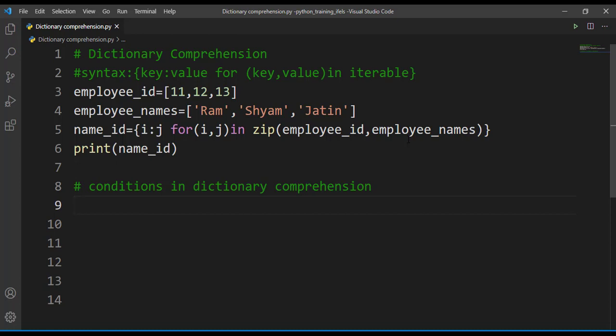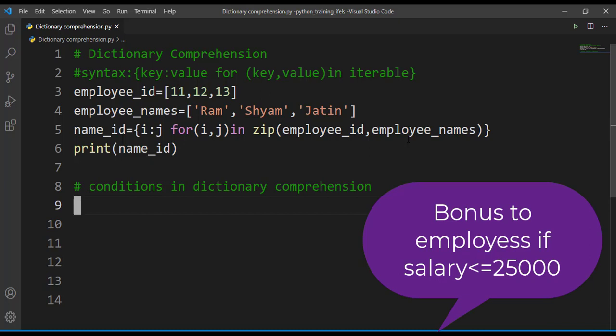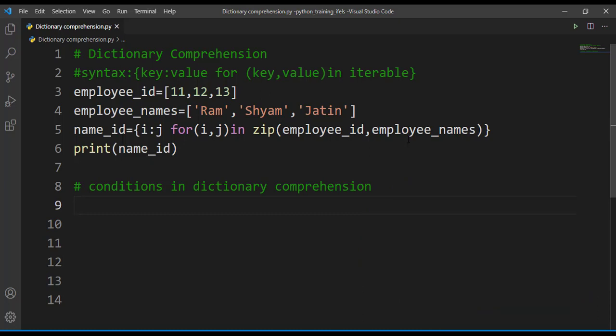But the condition here is not to all the employees, only to the employees whose salary is below 25,000. So let's check how we can make use of this condition. What is our condition here? If salary is equal to or less than 25,000, they are going to give a bonus of 10,000.